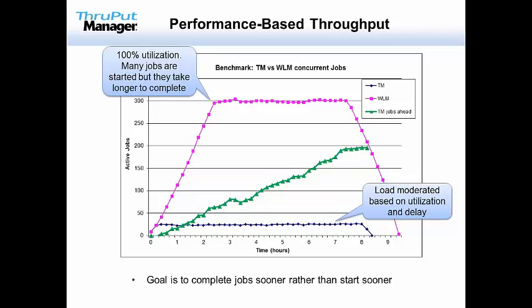Now, here's a benchmark. Some of you might have seen this one before in some of our other sessions. Yes, it's using Throughput Manager, but really it's just to make a simple point about utilization and about considering the performance to moderate what I would say the load. In a nutshell, what we've done in this benchmark is take an isolated machine, isolated LPAR, submit 1,000 jobs through a scheduler, steady state of submission, a mix of jobs, CPU bound, IO bound, some long, some short, nice big mix, all in the same service class.